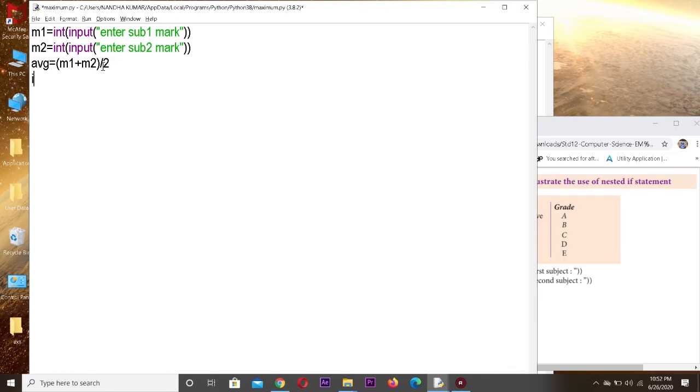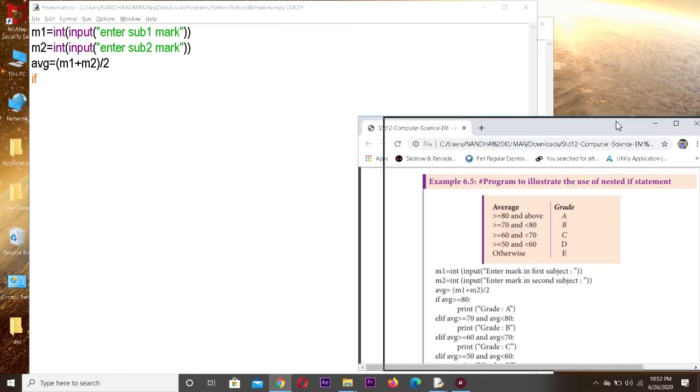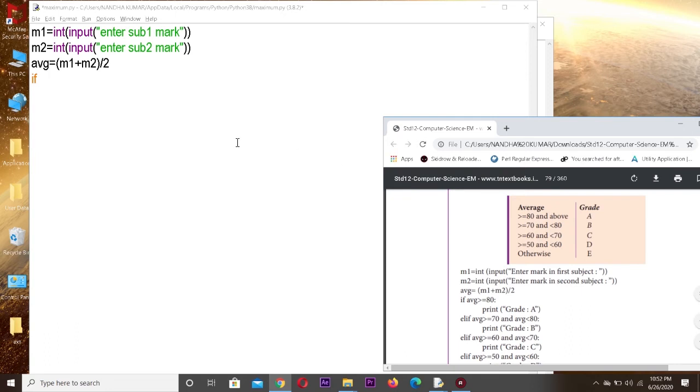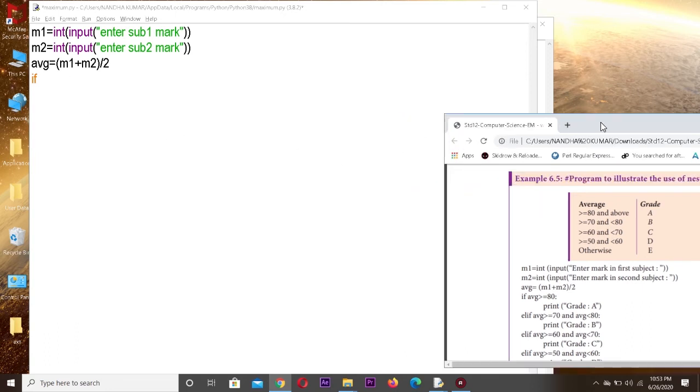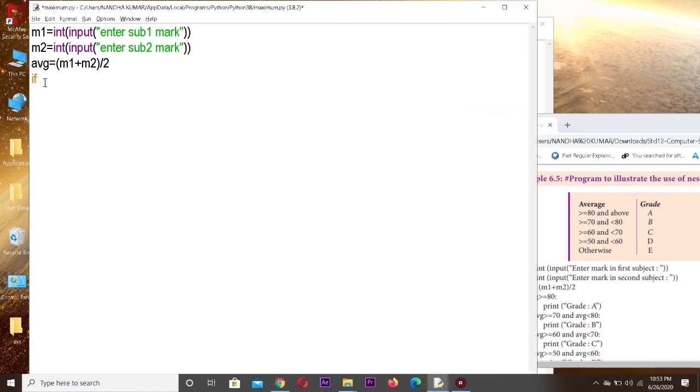So now we want to check for the condition. The first condition, what is the condition they have given? See, greater than or equal to. So I am checking if AVG, the condition is greater than or equal to 80.